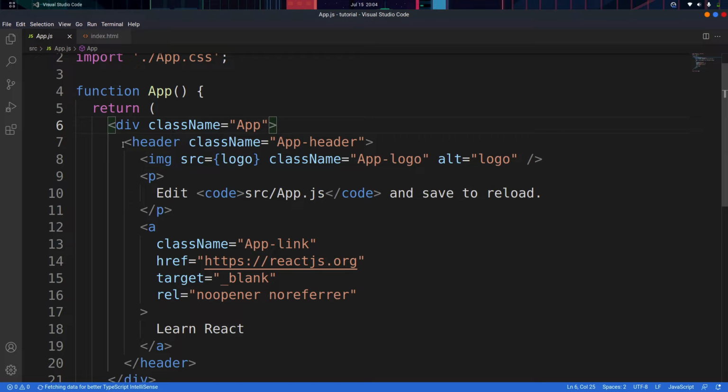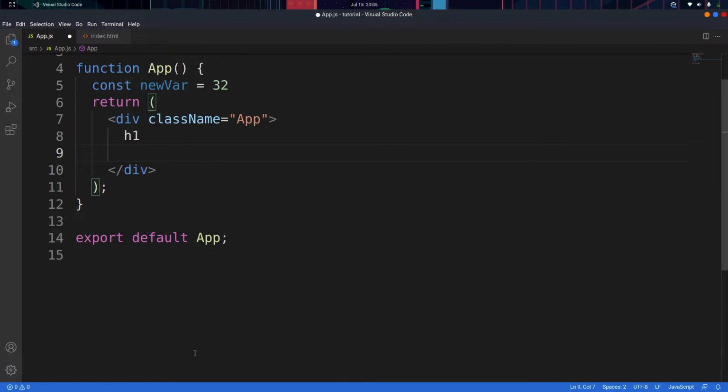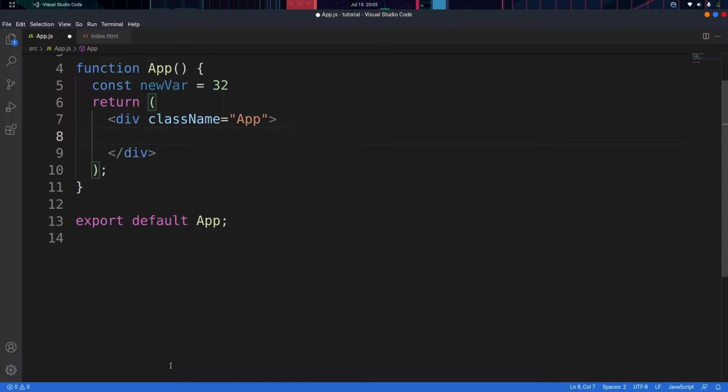So yeah, and if I create a variable, let's say const newVar equals 32, okay, equals 32, and let's say where we have this, I don't want this, and I only want an h1. Okay, so first of all you need to click on this JavaScript right here and set this to JSX, because it doesn't know this is a JavaScript React file. It thinks that this is a normal JavaScript file, but no, it's not. So let's add an h1, and this is going to be the